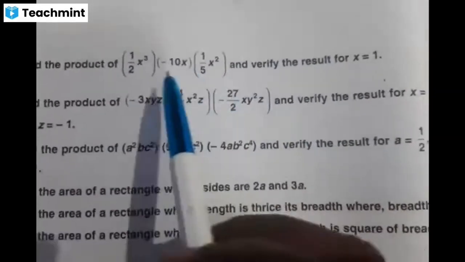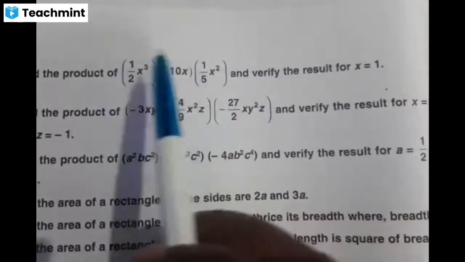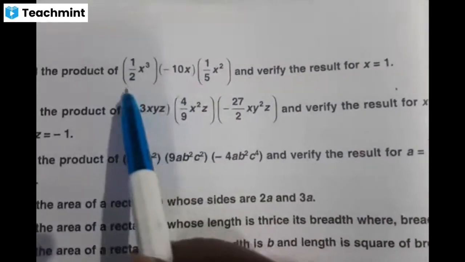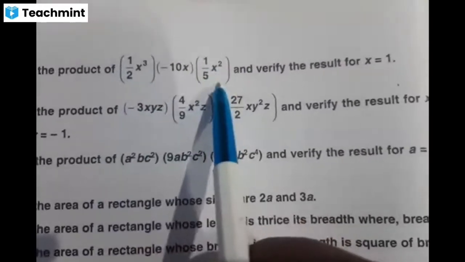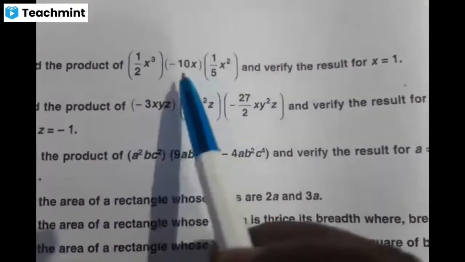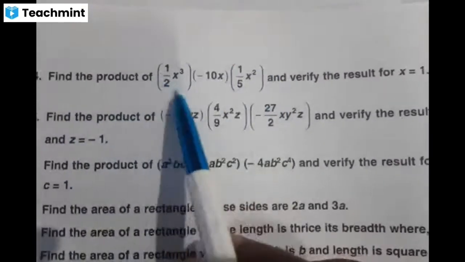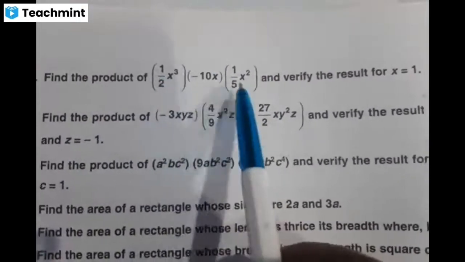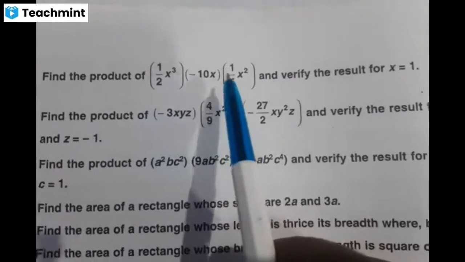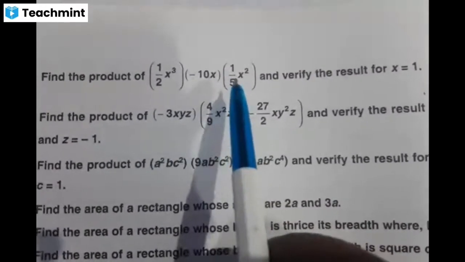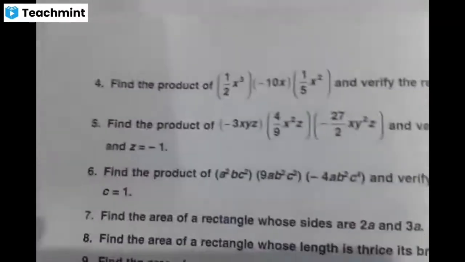Then you will ask me the question, which is the LHS or left hand side, children? The question which is given is considered as the LHS, and after multiplying these monomials, the answer you get is considered as the RHS, children. Let us know how to solve these types of questions.